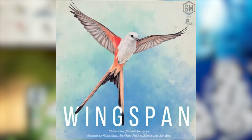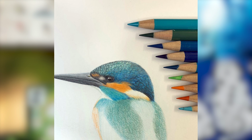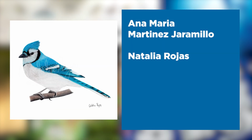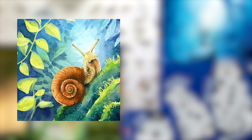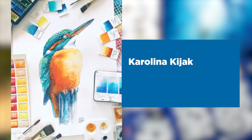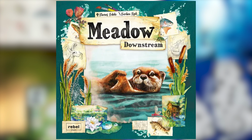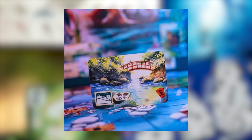Let's talk about artwork, the visual aspect of the board game that really draws the eye. I've gushed over Wingspan's gorgeous illustrative artwork done by Ana Marie Martinez Jaramillo, Natalia Rojas, Greg May, and Beth Sobel, as well as the stunning watercolor artwork by Carolina Kiak and Katarzyna Fieberger for Meadow. I got to further enjoy Carolina's work in the expansion Meadow Downstream, with 80 new pieces of artwork and exploring